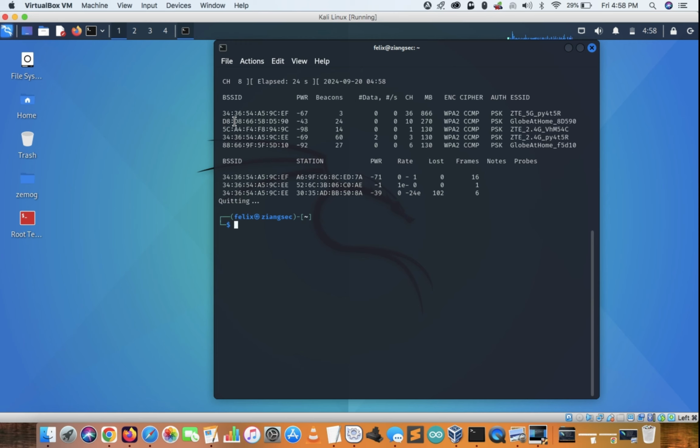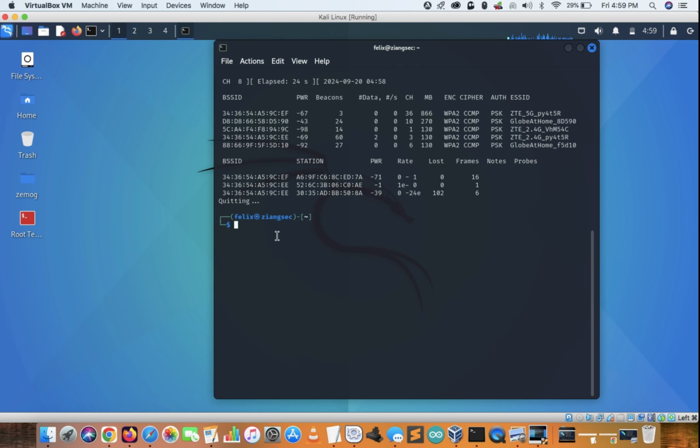We are only going to target this one because this is our network. Now this is the BSSID, and this is the channel where it is broadcasting, and this is the encryption.